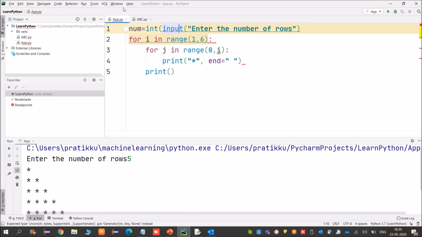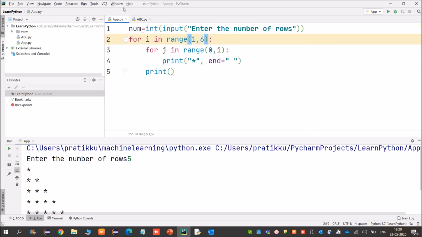Okay friends. Now friends, this input we want in the form of integers like 5, 6. So we want it in the form of integer. So I will put int here. Now all my inputs will be integers. Okay, if you give a float value also, it will take the nearest integer and then it will execute. Now here we have to do one small change. For i in range 1 to 6, that means if you want 5 rows, then we have to give from 1 to 6. So if I want till num, then I have to give num plus 1. That's all. A small change we are doing here, and we will be able to print as many stars in the right angle pattern as we want.